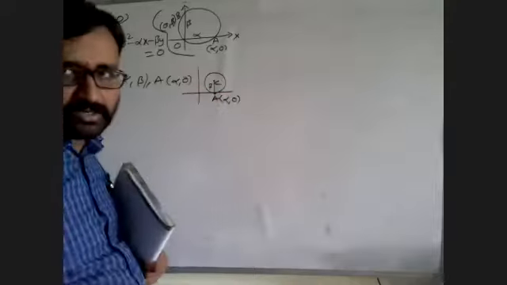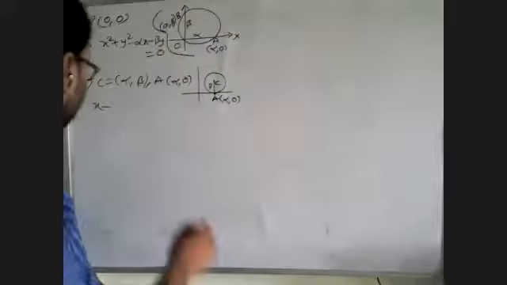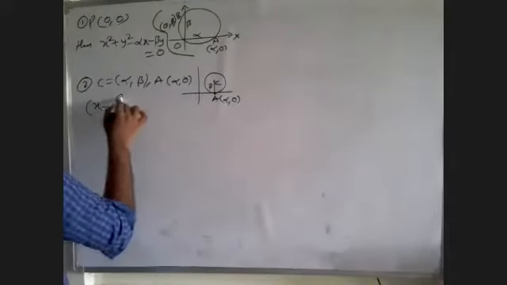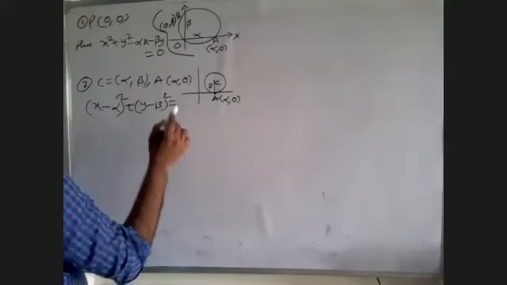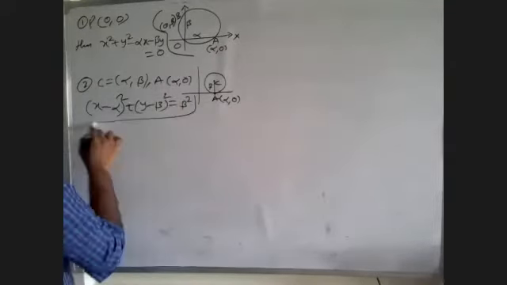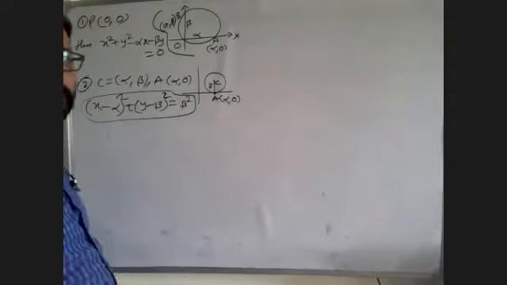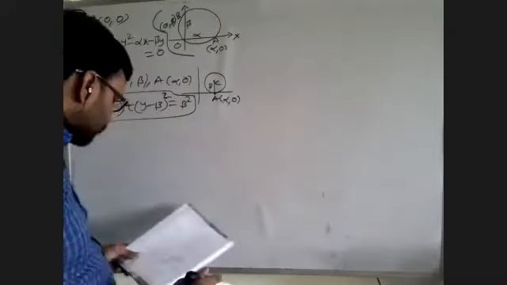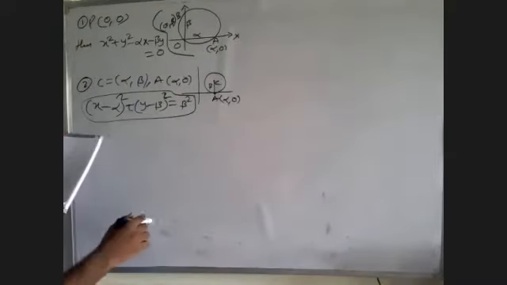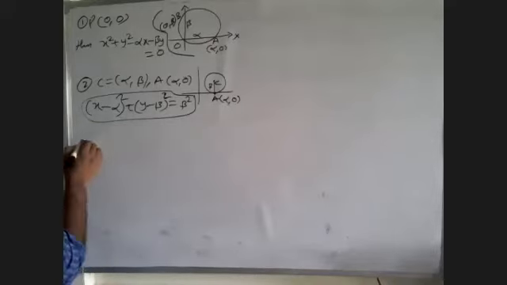This is nothing but the y coordinate, beta. Then the equation of the circle will be x minus alpha whole square plus y minus beta whole square is equal to r square, which means beta square. This is the circle equation which is touching the x-axis at alpha comma 0. Okay. Next one. When the circle touches the y-axis at 0 comma beta, or 0 comma alpha, whatever it is.